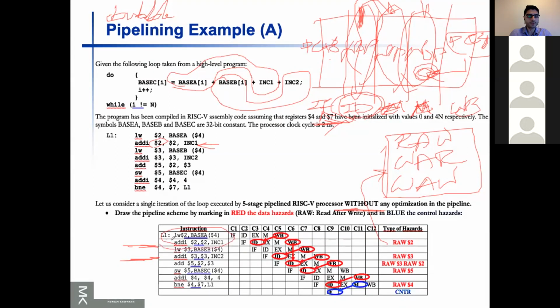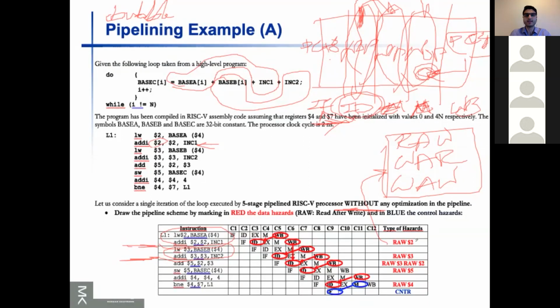So the first issue happens on the second one, right? Because we have 2 base A and base B. So these are almost identical, except the fact that it's read after write of $2, but then here we're gonna have a read after write of $3. You see here $3, it's been used and it's been loaded, right? So we are up to this point now. Now you see we are here,